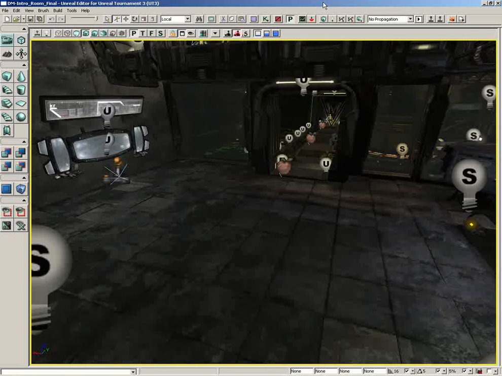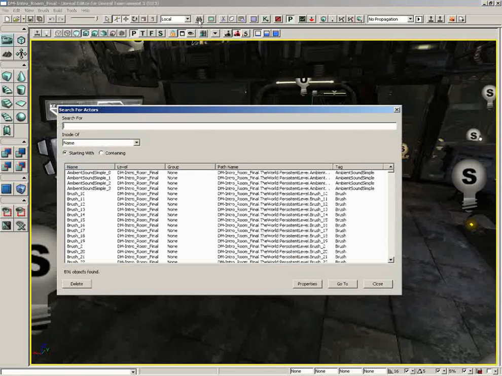In this video, we are going to cover the section of the toolbar ranging from the Search for Actors button, which looks like a little pair of binoculars here, over to the Build All button. So let's start over here on the left with Search for Actors. What this will do is open up the Search for Actors dialog, which allows you to locate any specific actor in your level, but we actually have a separate video over how to use this, so for now we'll go